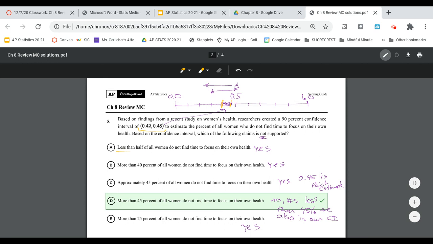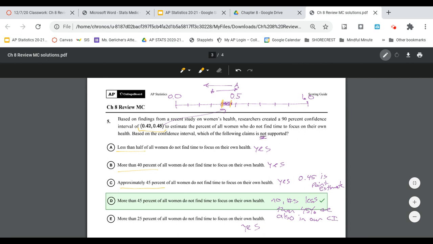It is true that less than half, less than 0.5, more than 40%, yep, they're all bigger than 40%. Approximately 45%, so that is the point estimate, 0.42 plus 0.48 divided by 2. To average them, find the point right in the middle, is 45%,